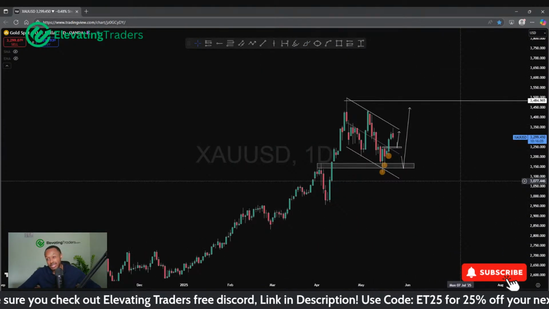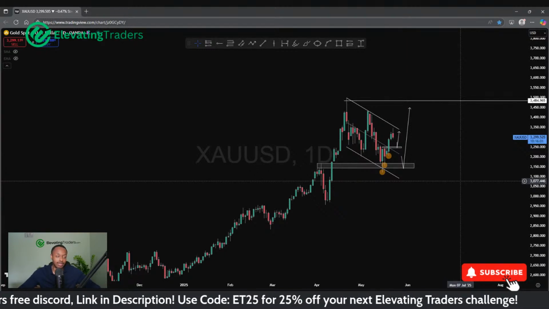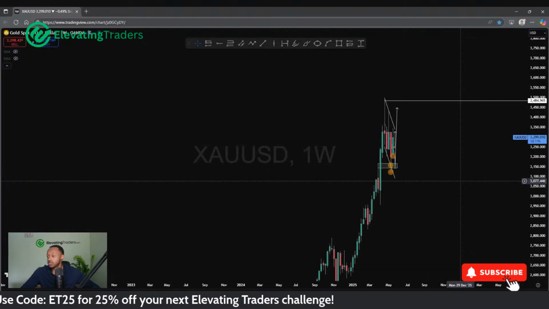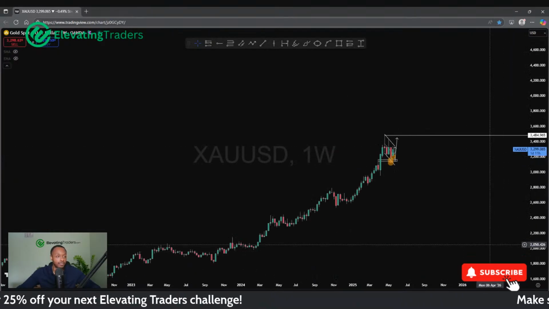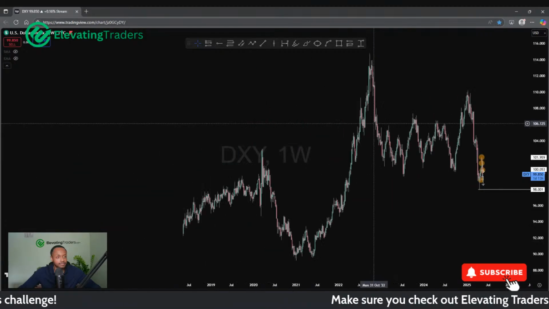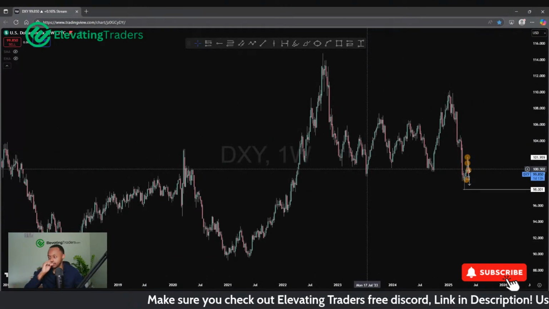And USD being weak should help that. It might not necessarily help with the retracement, because we have to get there first. But if USD is going to be weak, which I do think it will be longer term, then that should help out gold buys.